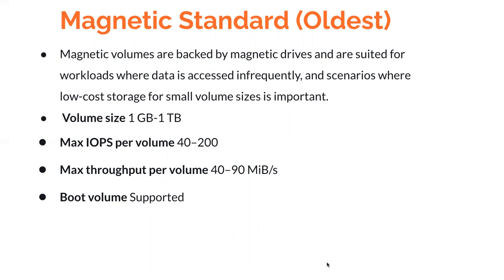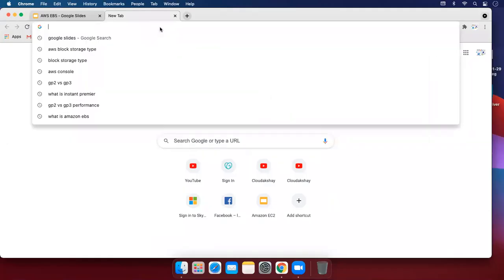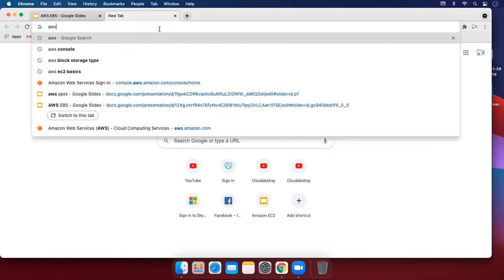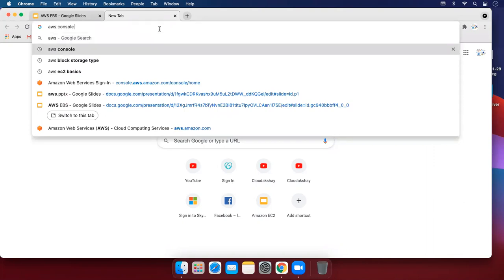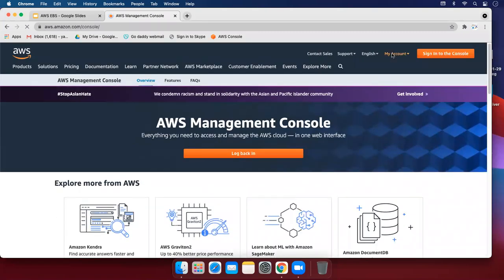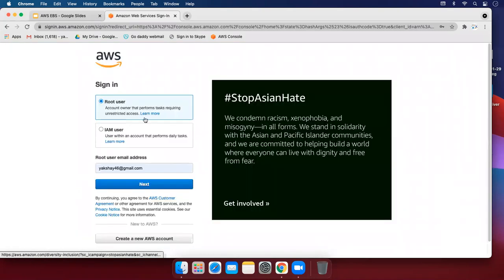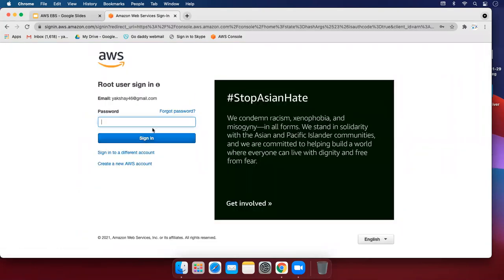So let's open the console and see in the AWS console the volume types and their use. I click on this link, and in the right corner AWS management console. Log in with your email ID and password.